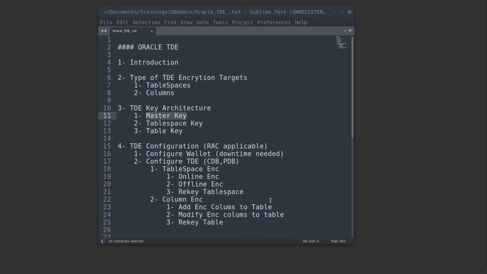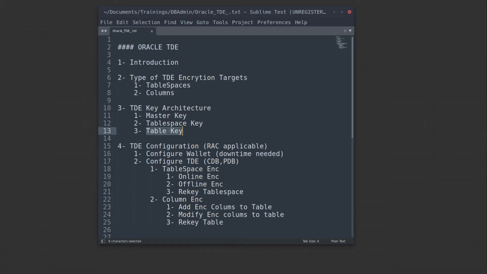So, and also the table key is used to encrypt columns within the table. Each table has multiple columns, and those columns will be encrypted by the table key. So maybe you're able to encrypt all the columns, or one or two columns which contain critical or sensitive data. If your system is compromised or has an attack, it will be difficult for the attacker to retrieve this data, because it will be encrypted by